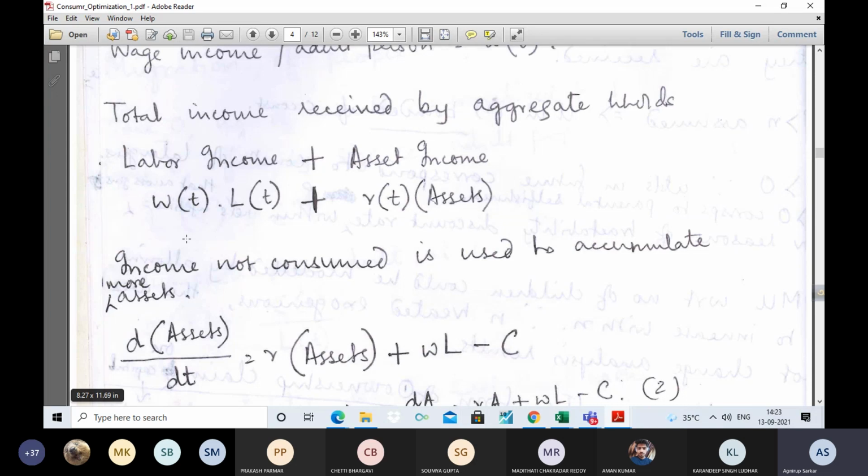This is the assets, which basically represents total assets, right? Not assets per person. So this is the income that is left after consuming. Total income minus total consumption gives you income that is saved, and this saved income is entirely used to accumulate assets. dA/dt basically means the rate of change of the stock of assets. Okay, so